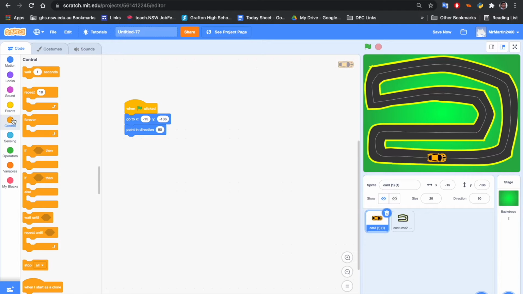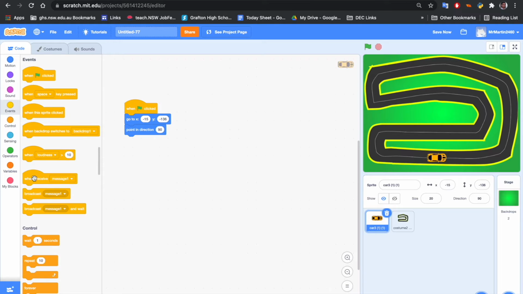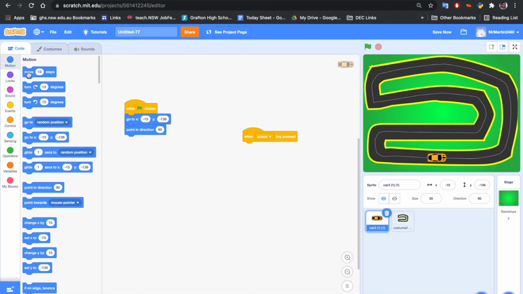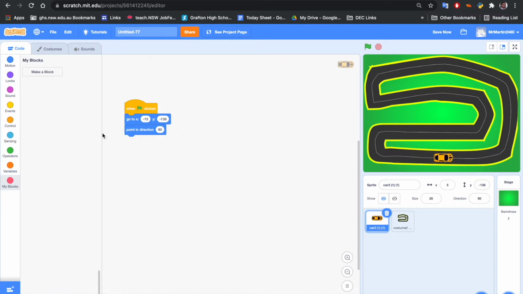Now, there's a couple of ways you can get your car to move. You can use buttons like this: when I receive space, then do this and then move. That would be a simple way to do it. However, what I've found is that you can actually use a move block